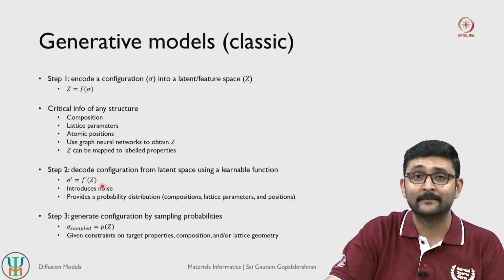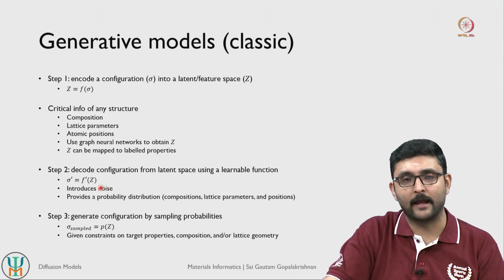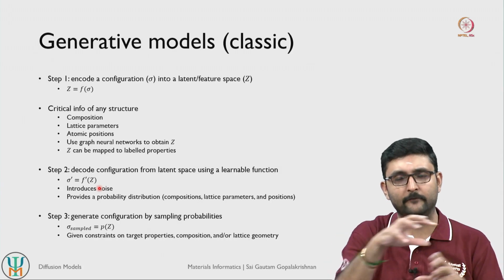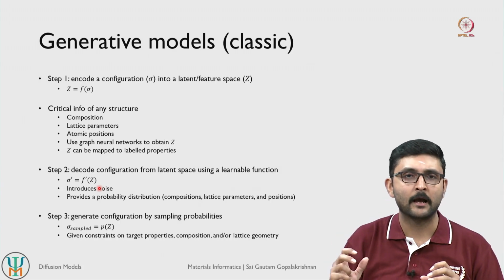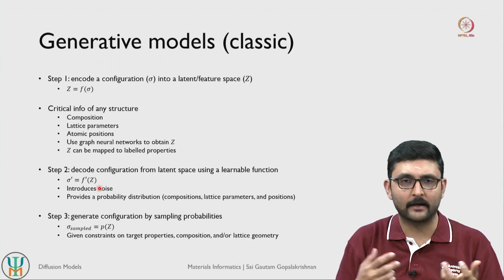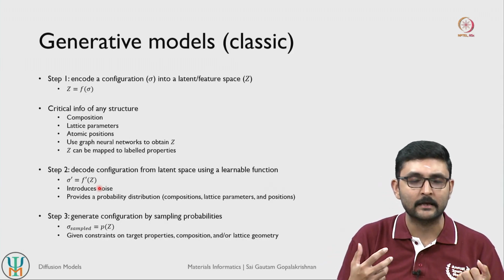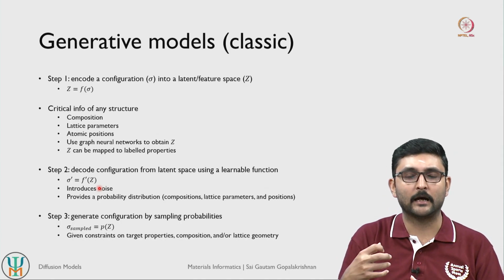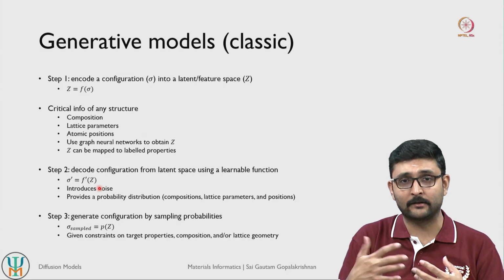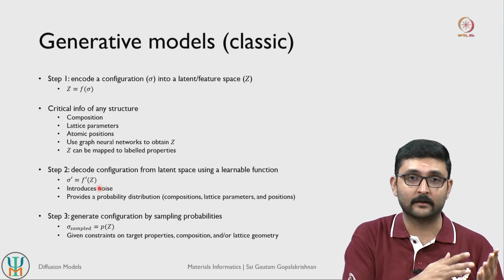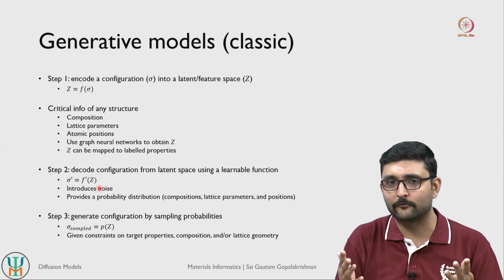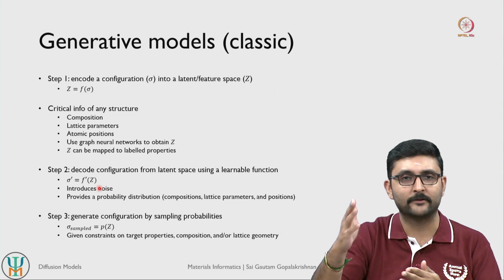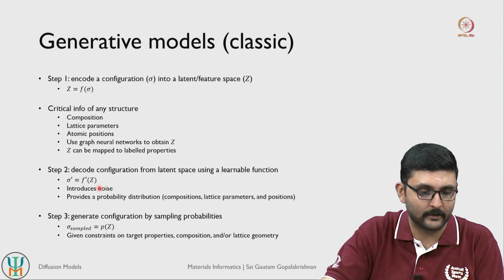This will be noisy, right. Every time you encode information and then decode it, even if it is the same information, because of the stochastic nature of how these models or algorithms work, there will be some amount of noise. So you may not be able to get back the same structure, but if you get a structure that is very close to the original structure that you embedded, the model has done a good job, and you can do some kind of optimization to make sure that you arrive at the correct structure, right.